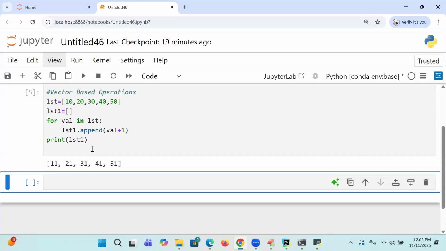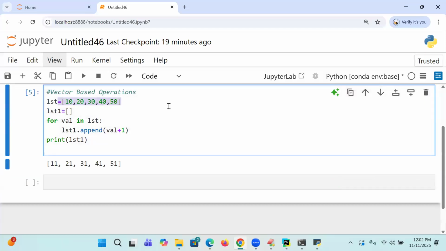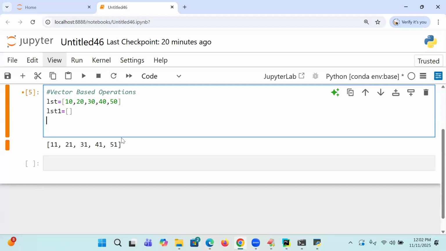Are you getting it? Directly you cannot do it on LST. That is called vector based operations. If you want to do it in Python, I have to write a big code for it. But when you come to NumPy, you need not write such a big code. That means when you go to data analysis and data analytics, there is minimal Python code you are using and you get the maximum benefits. So overall together, what I am trying to say,